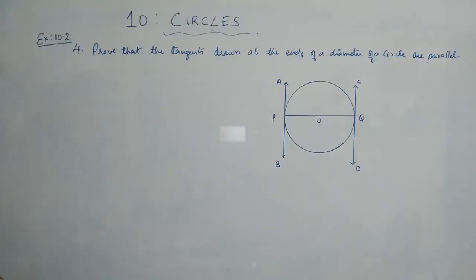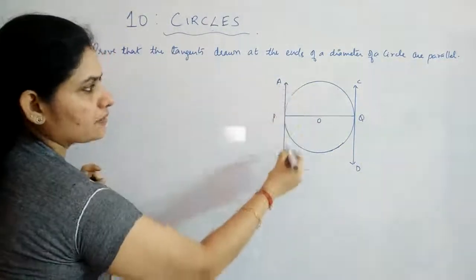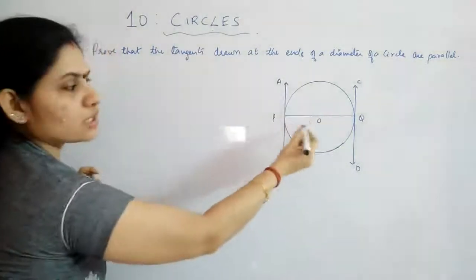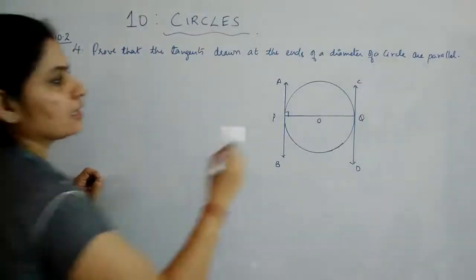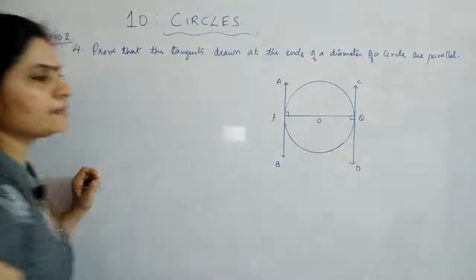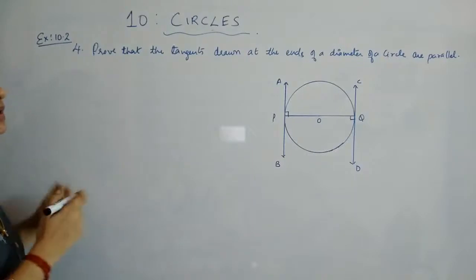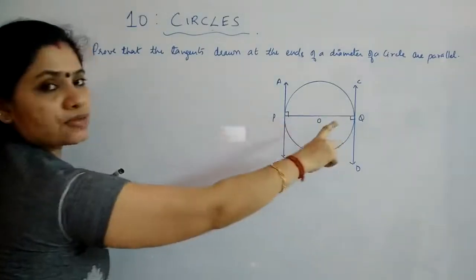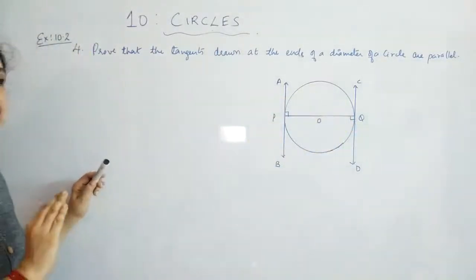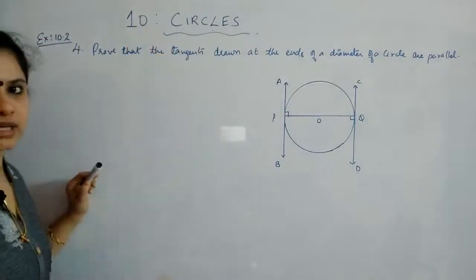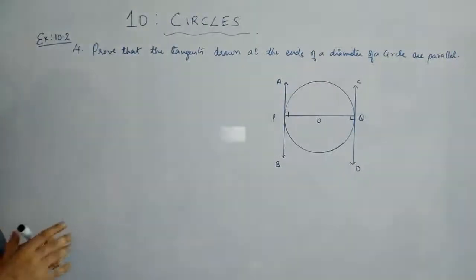For that, the concept which we are using is, first, by the theorem, AB is perpendicular to OP, the radius, right? So here you have that perpendicularity, which means you will have a 90 degree angle there. Again, OQ is perpendicular to CD. So from these two concepts, if I treat PQ as the transversal, this angle is equal to this angle. That means alternate interior angles between two lines lying along a transversal PQ are equal. That means the lines should be parallel. That is the concept which you are going to use.